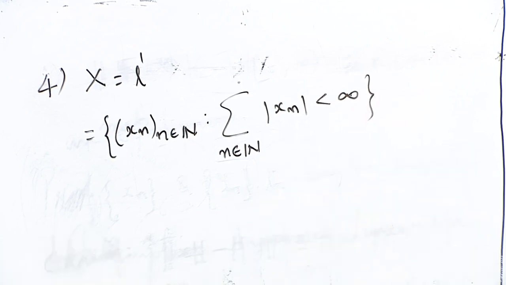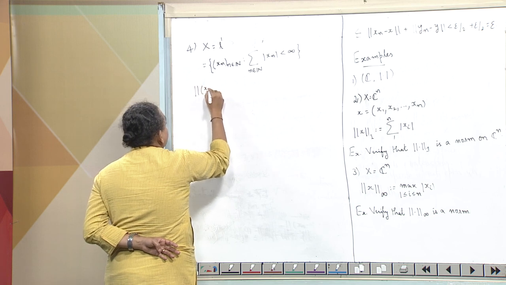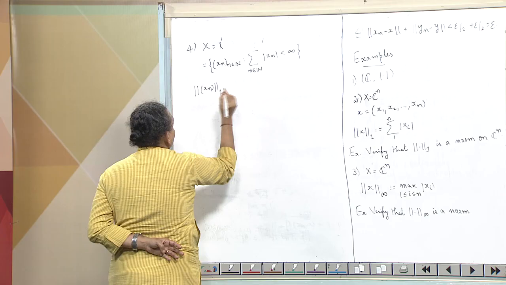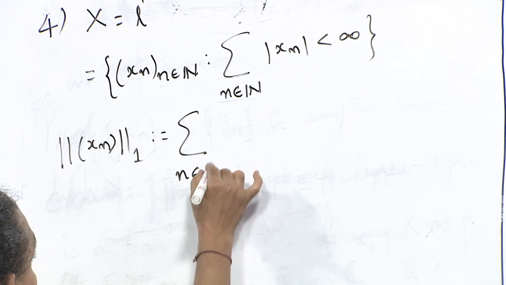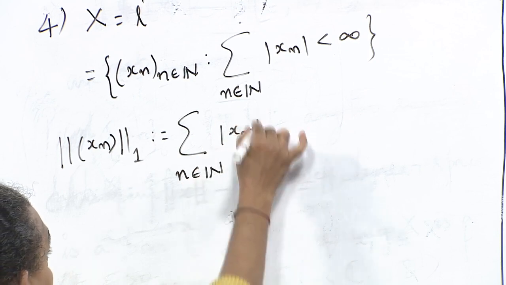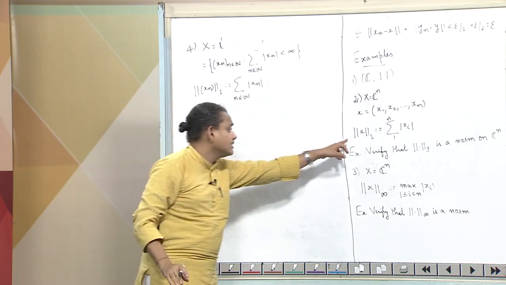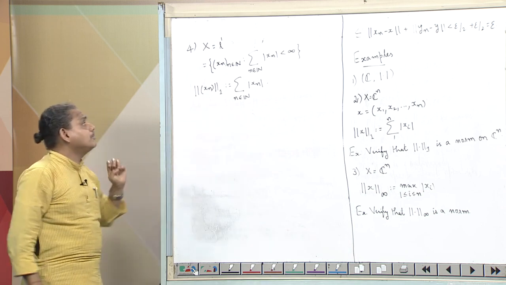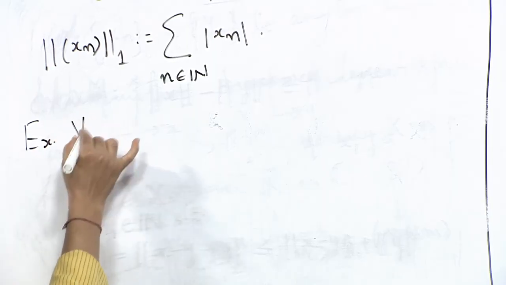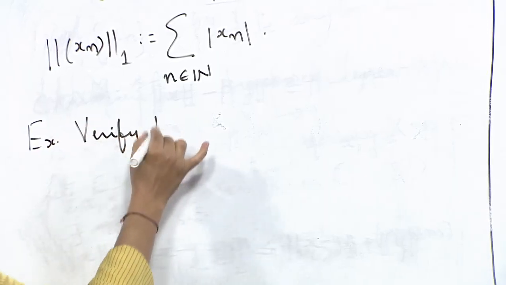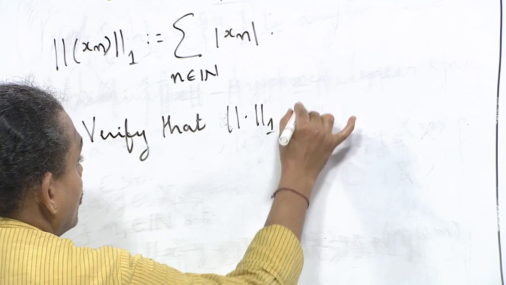Right. And now, let me define a norm here for a sequence. Let me define the norm on this space, which is nothing but the summation over n in N of mod x_n. Right. Well, the same proof whatever we did here should tell us immediately that this is a norm. It is not a difficult one. So, I am leaving even this one as an exercise. Verify that this is a norm